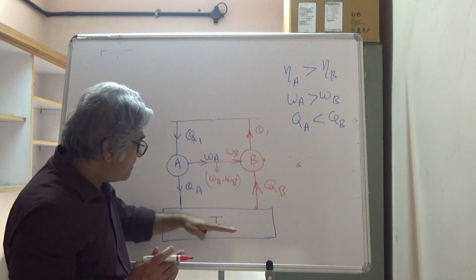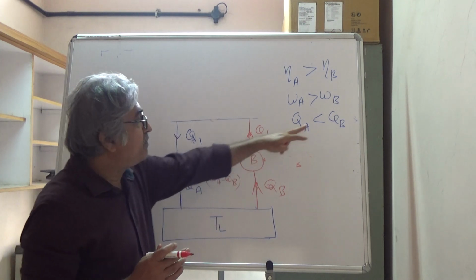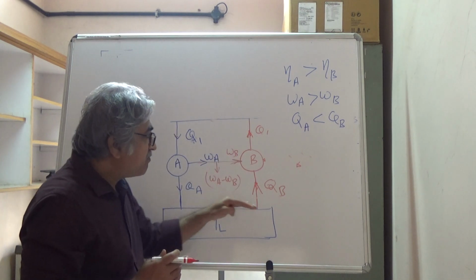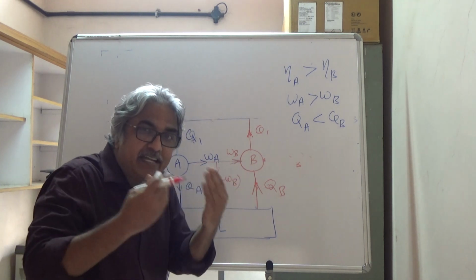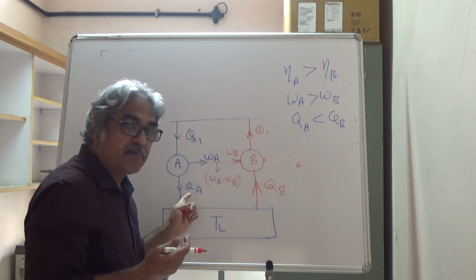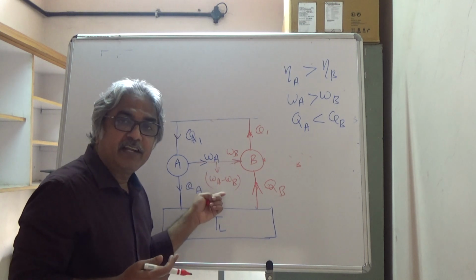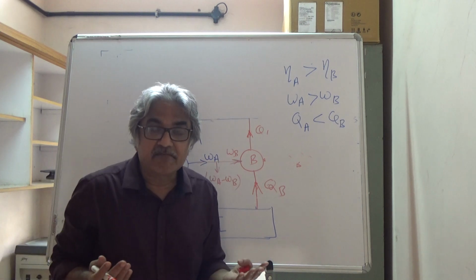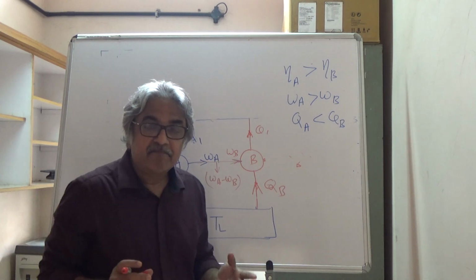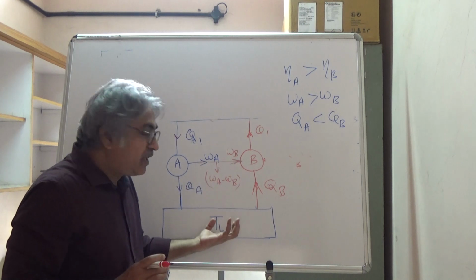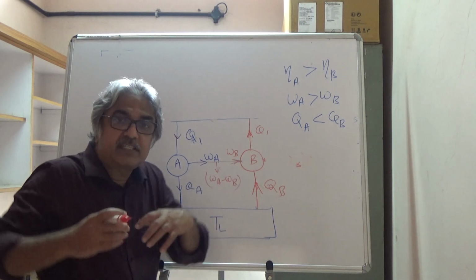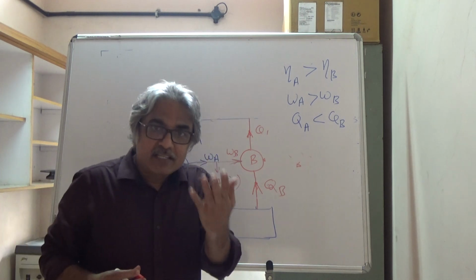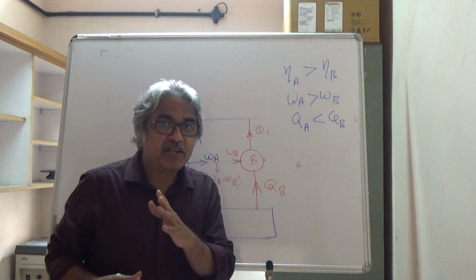This body is, see, QA is less than QB. That means this body is receiving QA but giving QB, right? So there is net heat flowing out of this body. How much? QB minus QA. All of it is converted into work. How much work? WA minus WB. So here you have constructed an engine which is working in a cycle and having heat interaction only with one body, right? This is acting as a source which is giving heat, and all the heat is converted into work. This is a violation of the second law, specifically a violation of the Kelvin-Planck statement of the second law, right?